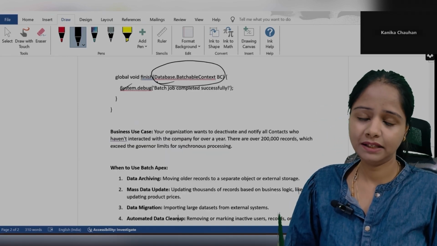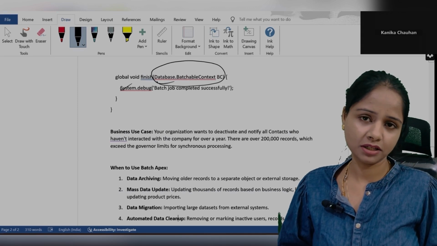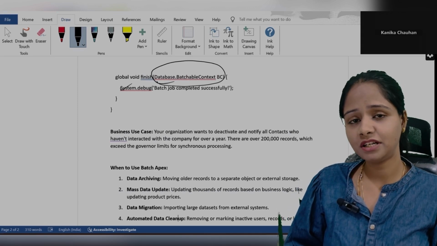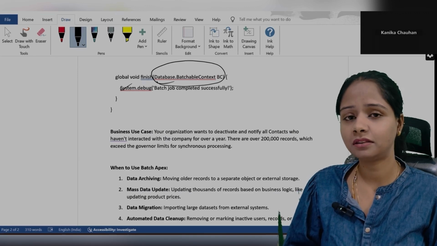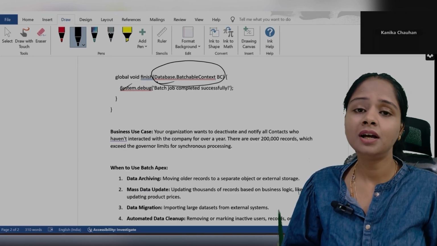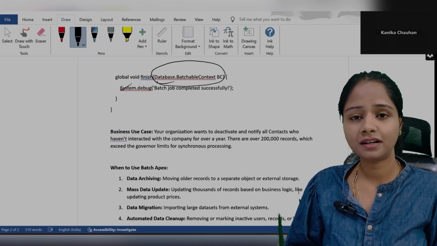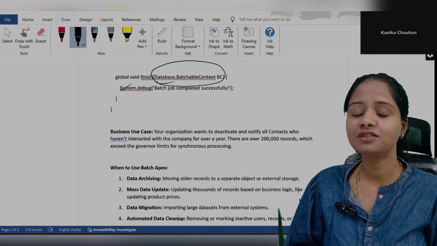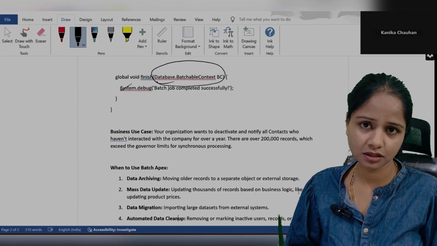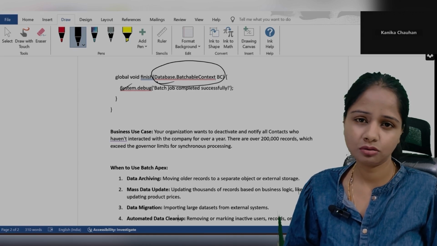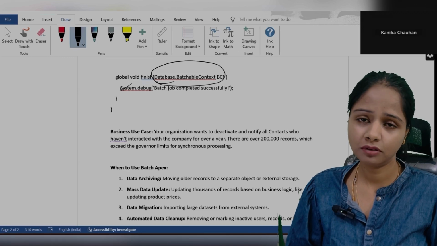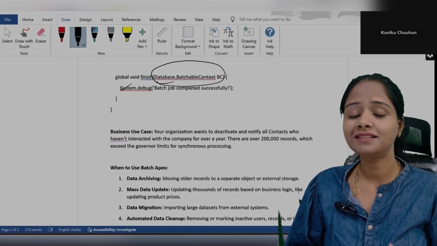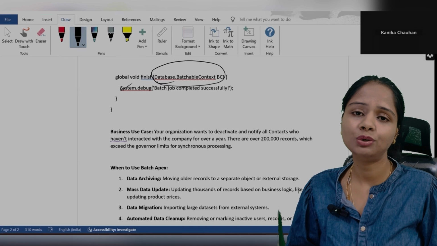Now after explaining this much, you gave the explanation, the definition, and the limits, you tell the importance of this interface and the methods, what is the need, the purpose or functionality of each method. After this, the very important thing is to explain the business use case. Any use case you can explain, the one which you worked on, or even if you have not worked on any, then just try to find out where we can use these batch